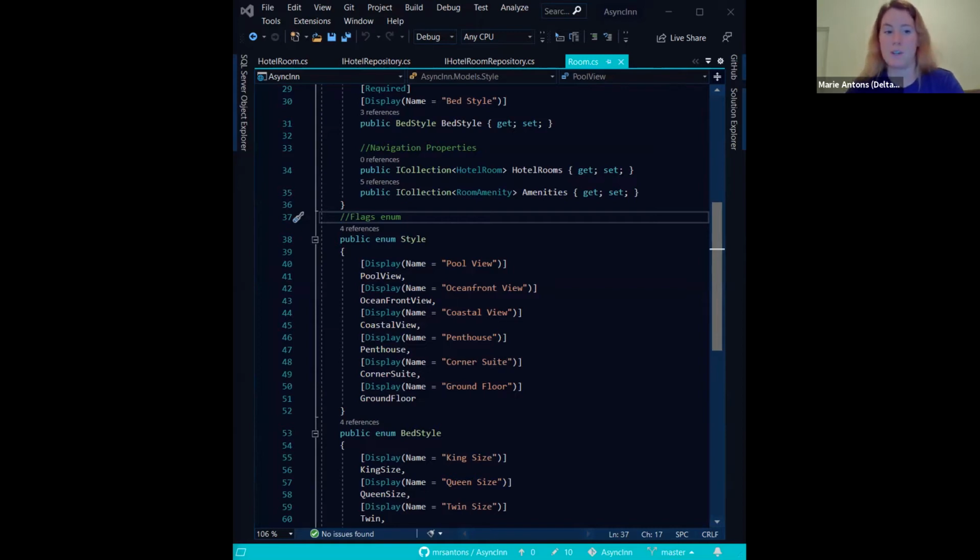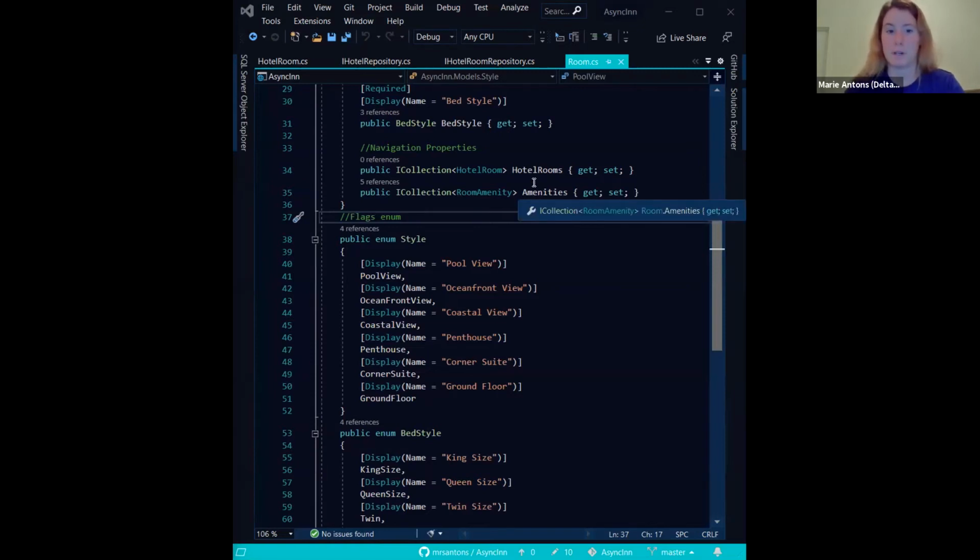However, for now, I'll show you how to use Visual Studio to give you some insights into the code you're looking at. Let's imagine we're working on a new project or in a new area of a project, and we come across some strange looking code with brackets. These brackets we usually see when we compare items. For example, hotel rooms, as you see here, or room amenities